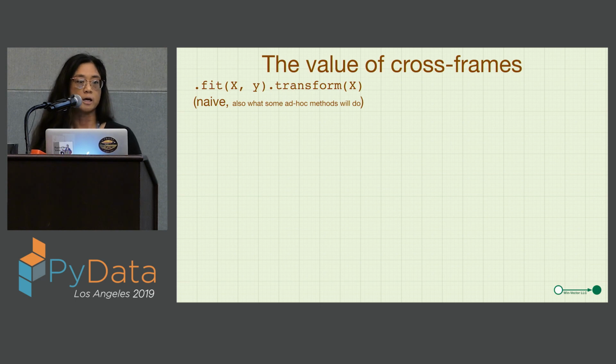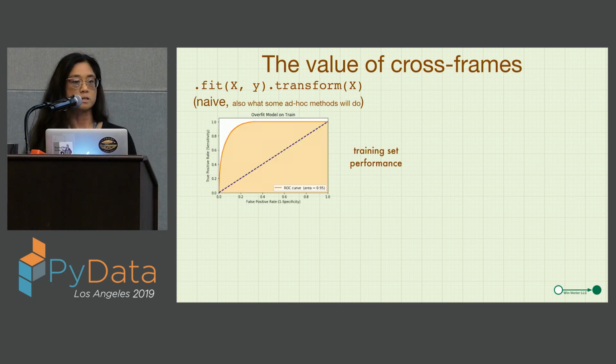First we'll try treating the data with vtreat the naive way, where we call fit and then transform on all of the training data. This is the naive way, which again, you're not supposed to do. You take the treated data and you fit a model. You evaluate that model on the training set, and it looks fabulous. On the training data, this model appears to have an AUC of 0.95. And you're like, yay, great model.